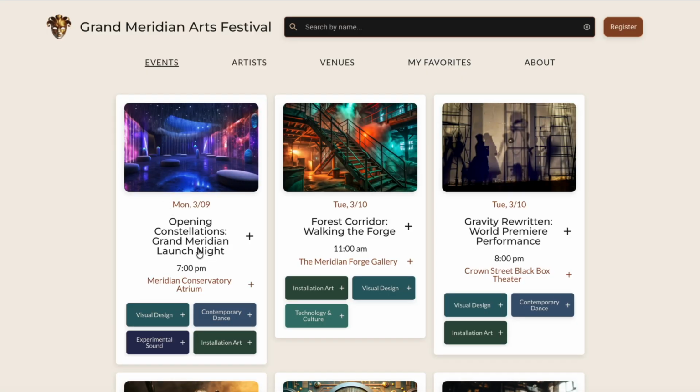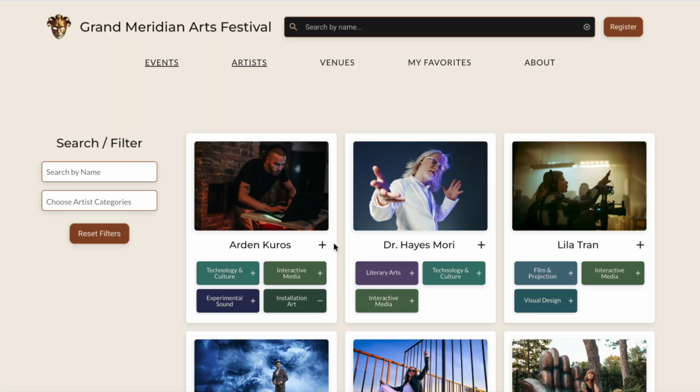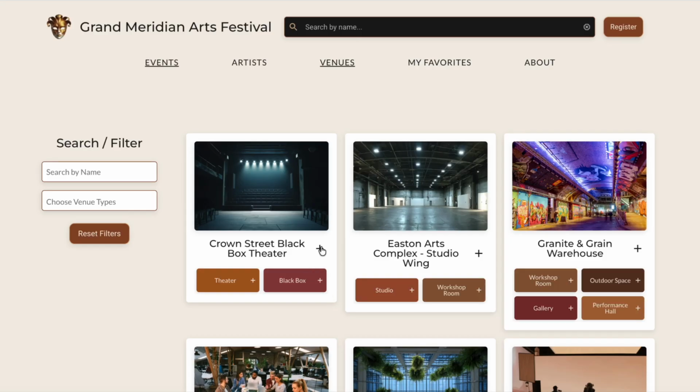So that is where these plus signs you're going to see all over the site come into play. Maybe you like this event here. You like this location. I like installation art. And you can do that on all the pages. There are some on the profile pages as well. This is a way for the user to go through and pick things that they like and they want to keep in mind. So now that we have some likes, if we go back to that My Favorites page,